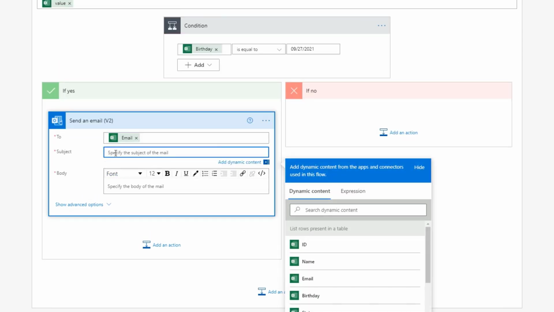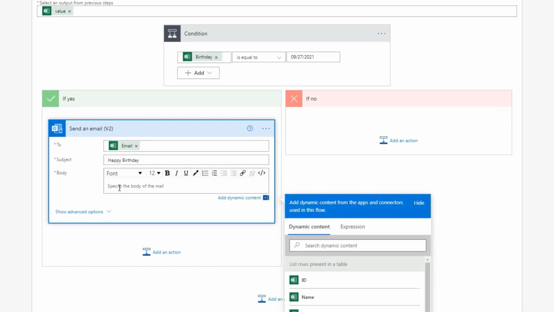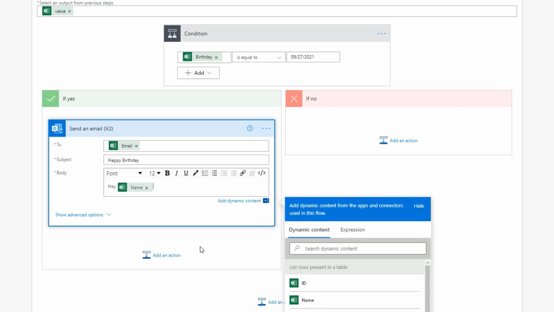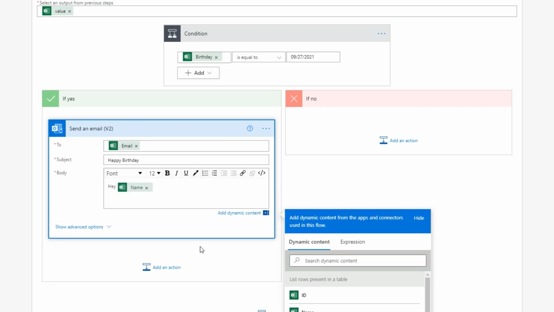We can have a subject, so I'll say happy birthday. Write whatever you want. Then in the body, let's write a nice message to the employee. So I'll say hey, and let's personalize it, and write a name. Again, if you don't see it, click Add Dynamic Content. We will take the name, click here, enter, happy birthday